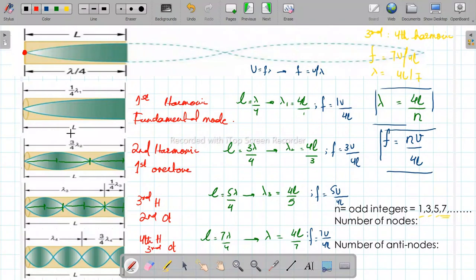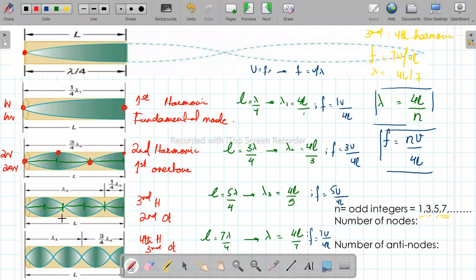We know that this is first harmonic, right? How many nodes are there? One. First harmonic, one node. Anti nodes कितने? One anti node, because this is the point where the medium particles are allowed to displace, right? One anti node. Second harmonic के case में we have one, two nodes, and then we have one, two anti